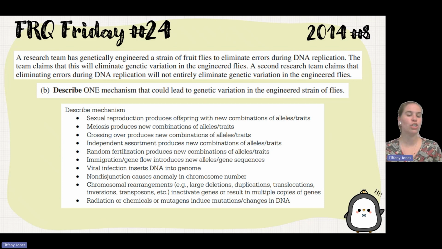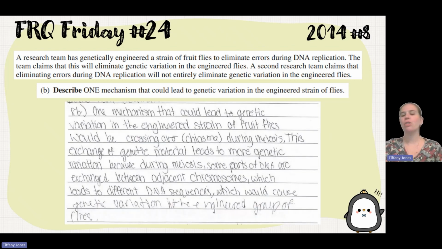alleles. Immigration or gene flow, an individual from a different population flowing into a population that then brings a new gene. Viral infection could insert a DNA into the genome. You could have non-disjunction. Non-disjunction was when the sister chromosomes or the homologous chromosomes do not segregate, or one of them does not segregate during metaphase. And then the chromosomal rearrangements. So like large deletions, duplication, translocations, inversions could inactivate those genes, or just radiation that's going to cause a random change in our DNA. So a student says one mechanism that could lead to genetic variation in engineered flies would